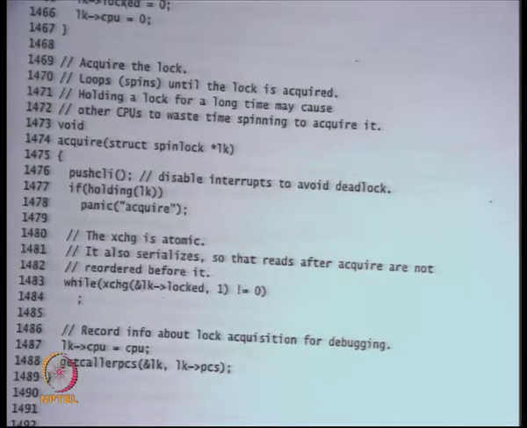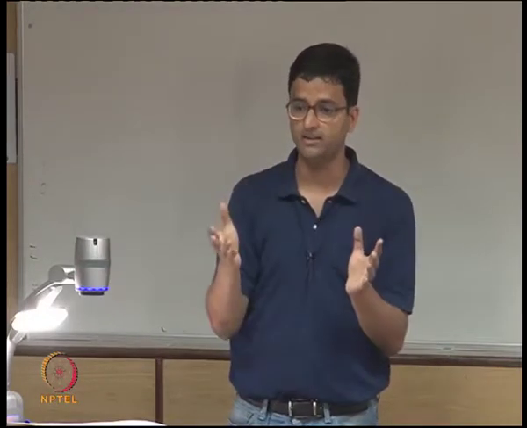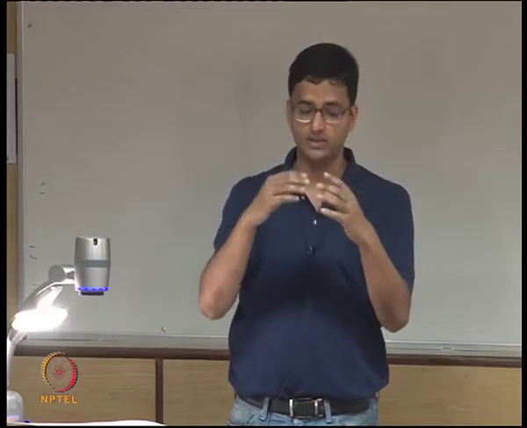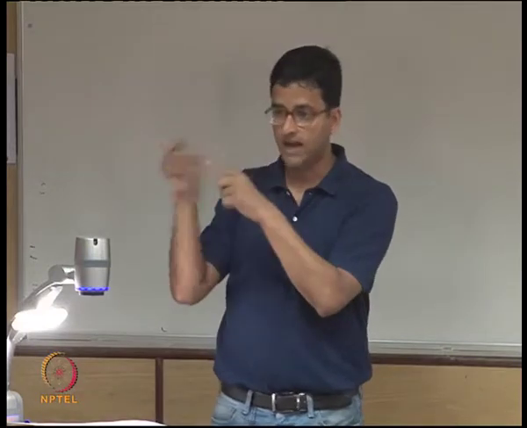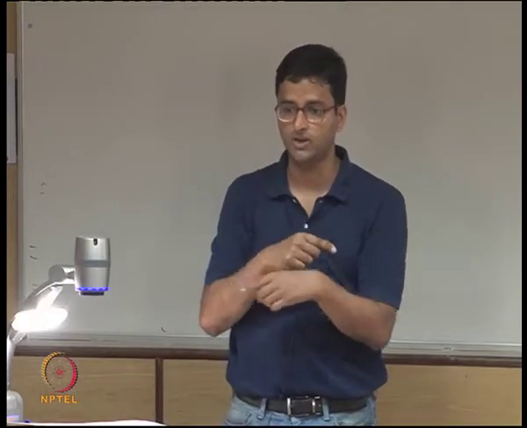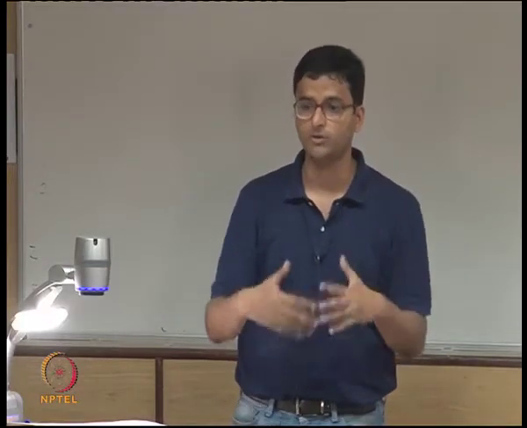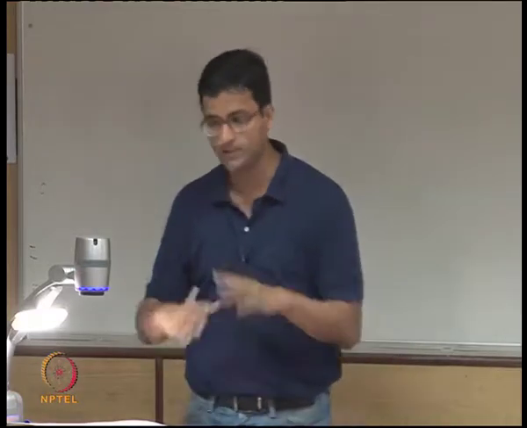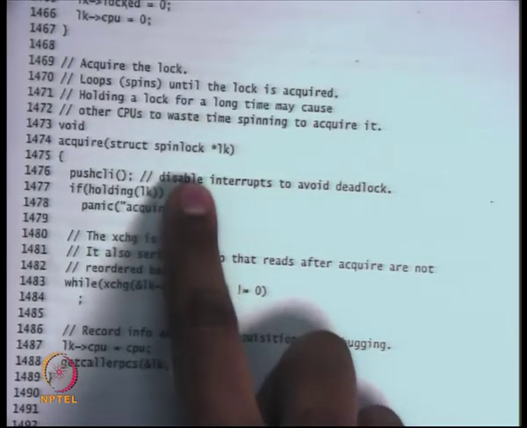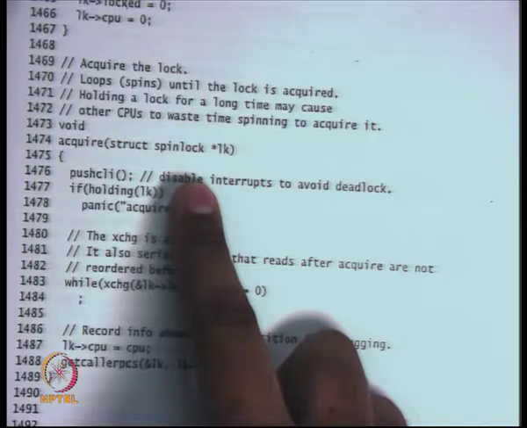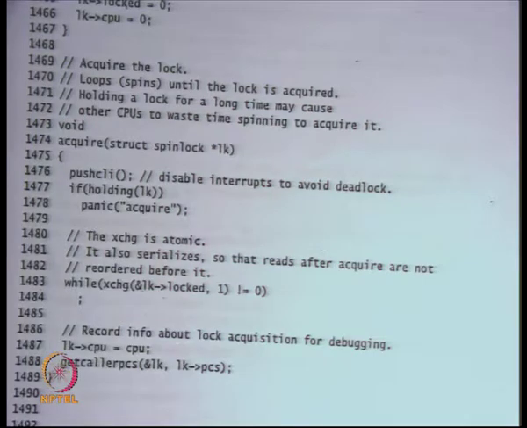So you can say that the lock is actually for the CPU and not for the thread. On the other hand, if you didn't disable the interrupts, the lock should have been per thread, because if the thread gets switched out and goes to another CPU, then that thread is holding the lock, not the CPU that's holding the lock, right? But because you have disabled the interrupts, the thread is stuck to that CPU, so you can call it a per CPU lock instead of a per thread lock, right? Both of these are interrelated. But the point is that if you didn't care about atomicity with respect to the interrupt handler, you didn't have to do push CLI. All right, okay. So that's acquire.